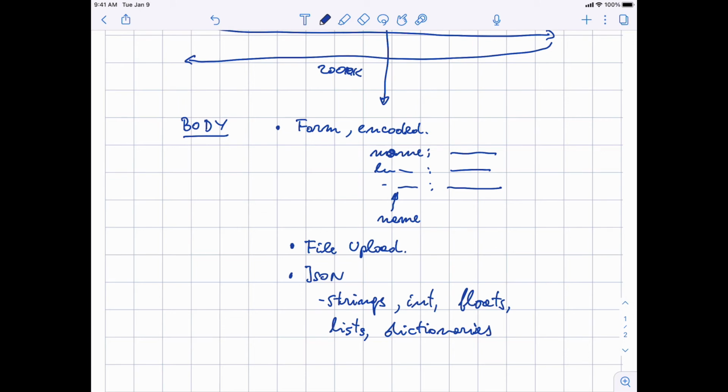So for example, you can have a list of dictionaries in which the field types in the dictionary, the values can be strings or integers or floating point numbers. So JSON is a very flexible format, and once we develop more sophisticated applications, we will always prefer to send the information in JSON, except for file uploads. Okay,